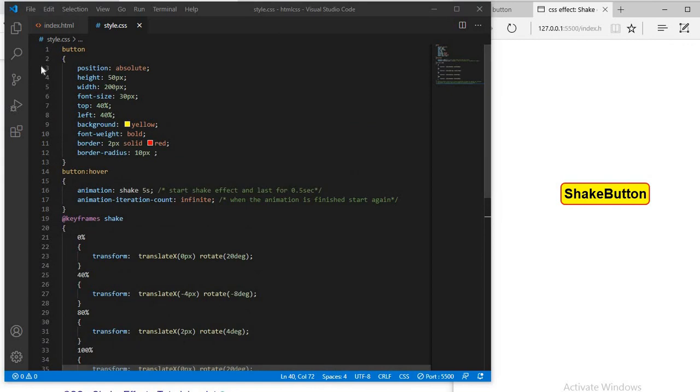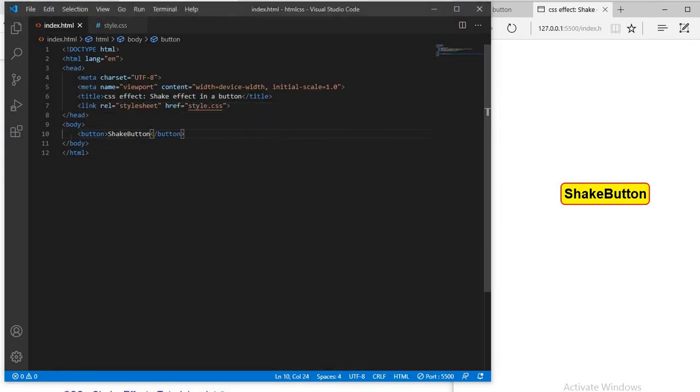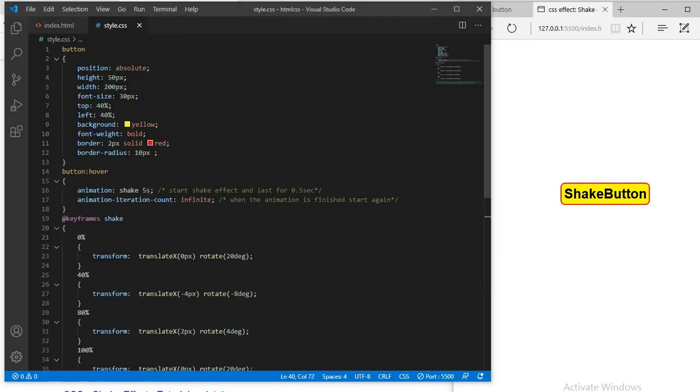We can see that first I am adding one button, and I'm linking this index.html page to the style.css file. So here we are linking this page to the style.css page. Then I am applying the CSS effect to this button. After that, when we hover over this button, means when we put the cursor above this button, I am applying the